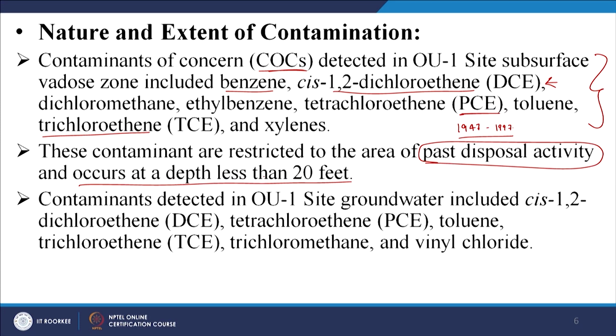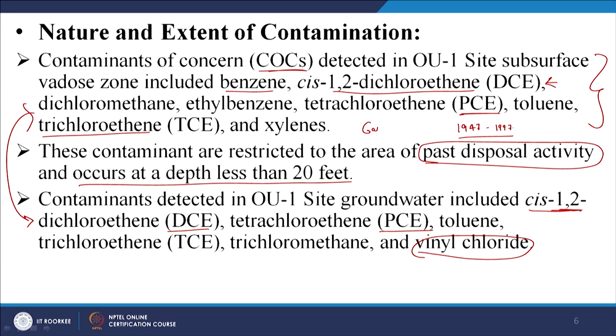So, contaminants were also detected in the groundwater. What were the contaminants typically detected? 1,2-DCE, PCE, and obviously most of these compounds they detected out here, but here you have vinyl chloride additionally, and maybe not some of the relevant compounds that we looked at earlier. Obviously, you have some compounds in the gaseous phase, and you are going to thus detect the same compounds in the aqueous phase too. Why is that? There is always an equilibrium between the compound in the gaseous and the aqueous phase, that is what you observe out here.